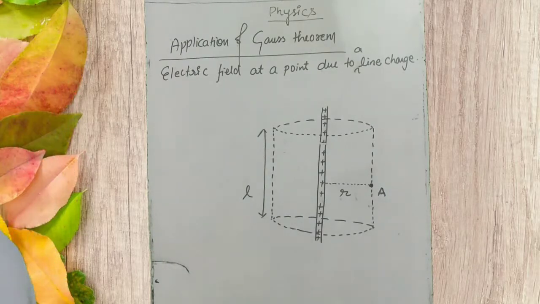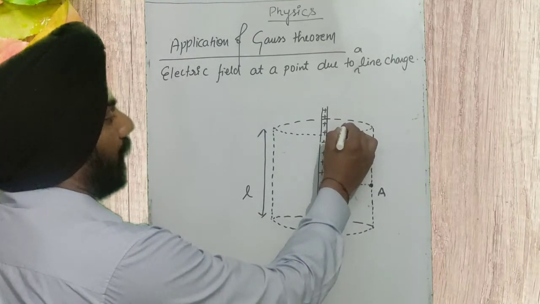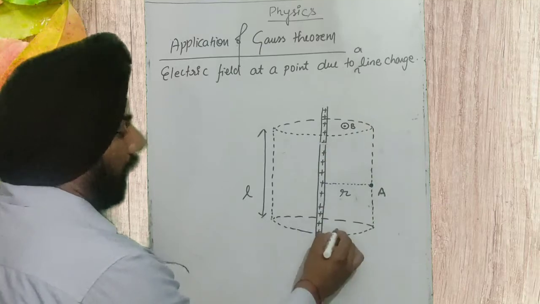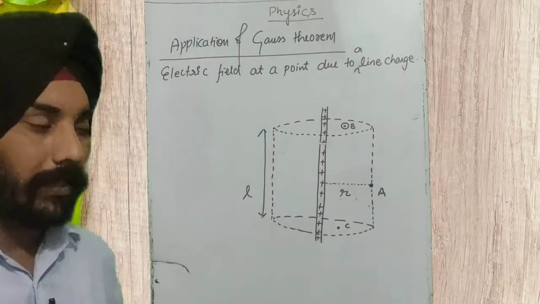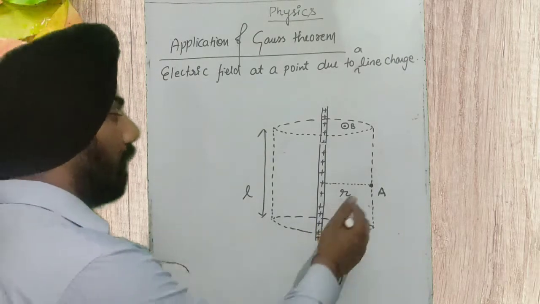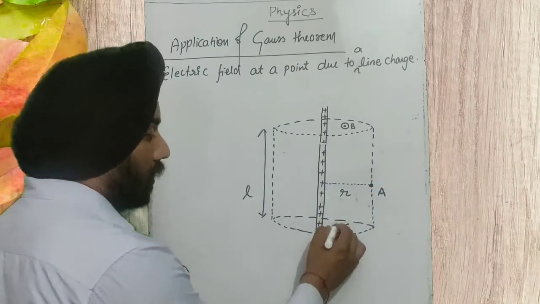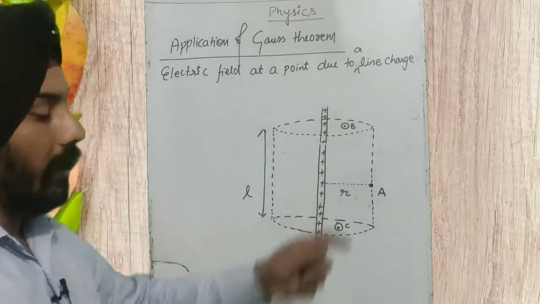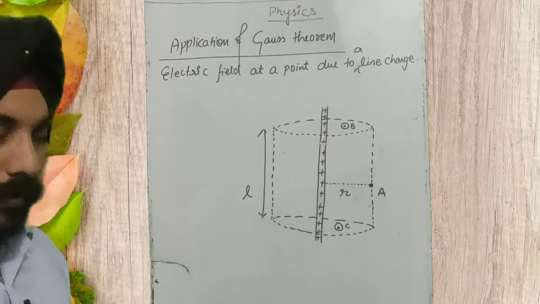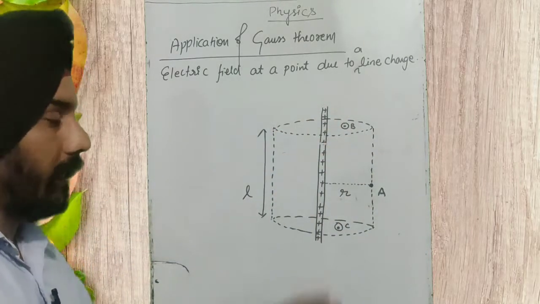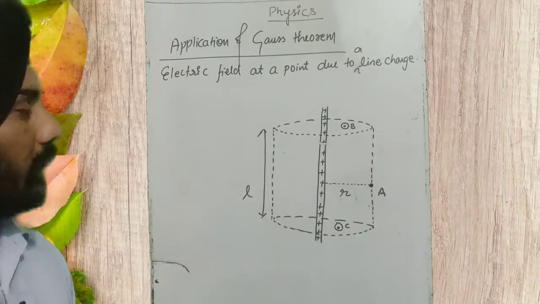Let's take two more points. What two more points am I going to take? One is on the upper cross section, that is point B, and one on the lower cross-sectional area, that is point C, that I am taking from my side. Okay, and only this point was asked. If the question comes, find out the electric field at point B, find out the electric field at point C, find out the electric field at point A. Now we have 3 points at which the electric field is to be calculated.